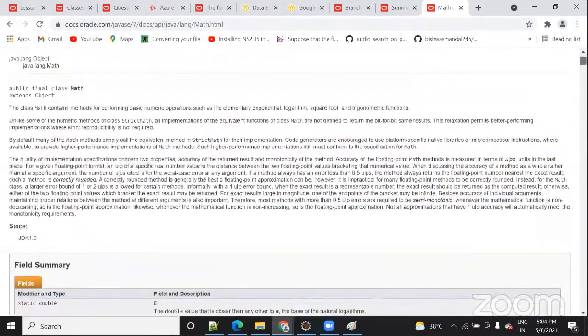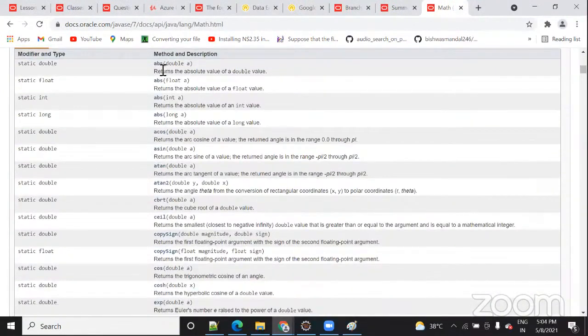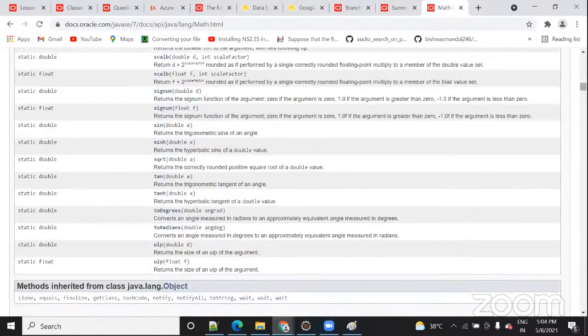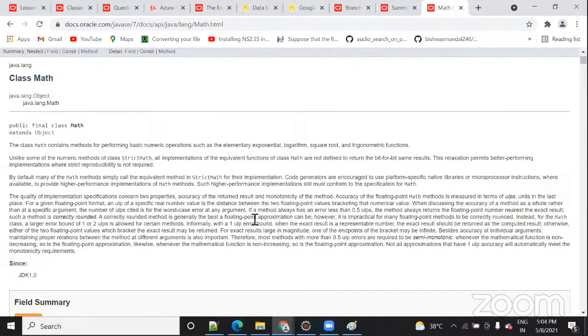So here in this code they are working on many different kinds of mathematical operations: absolute, return, cos, sine, tan, ceiling. These are different functions, and the question that you asked here, I need to check what query is written, because in this library nothing is defined about what the range is for floating point.